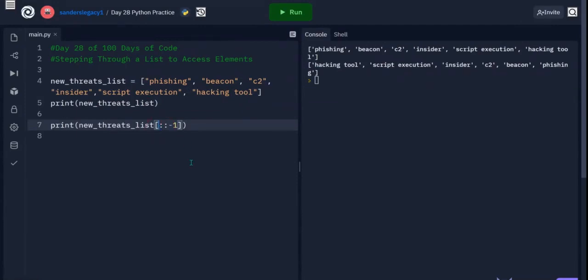You can also indicate a range and step backwards in it. So let's say my starting position will be -4. So that's going to be the fourth from the last element. And we'll say it'll be to the first element, excluding it. And it's going to step backwards by one. So if I print this out, you can see that it starts at element position 4, which is C2, and it steps backwards by one to beacon,